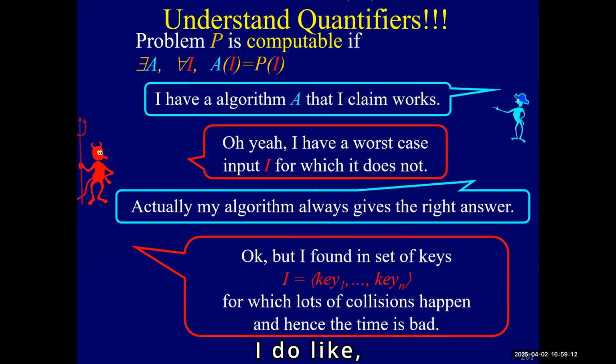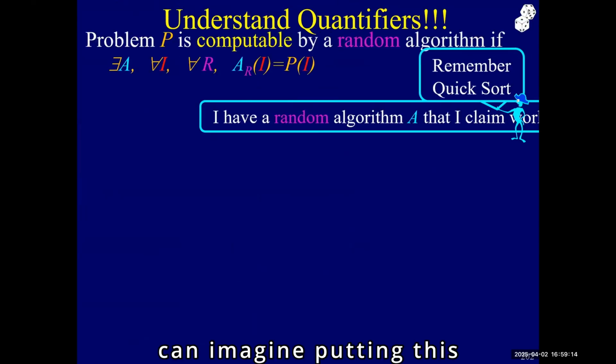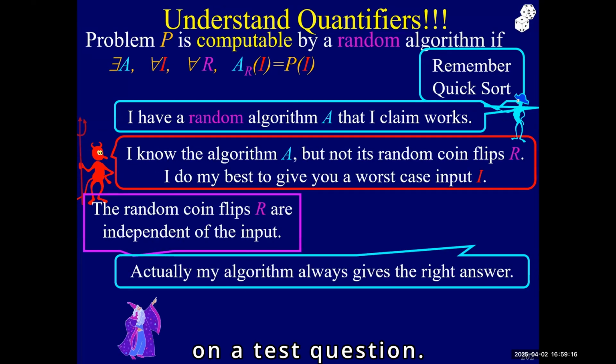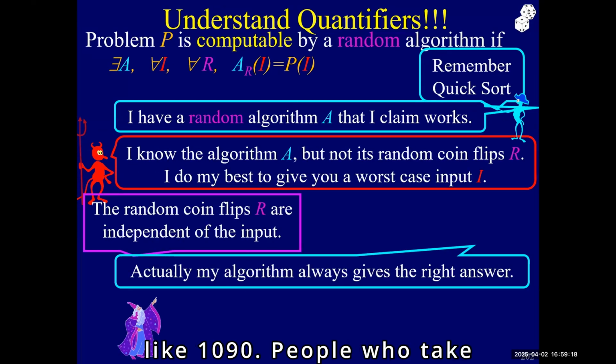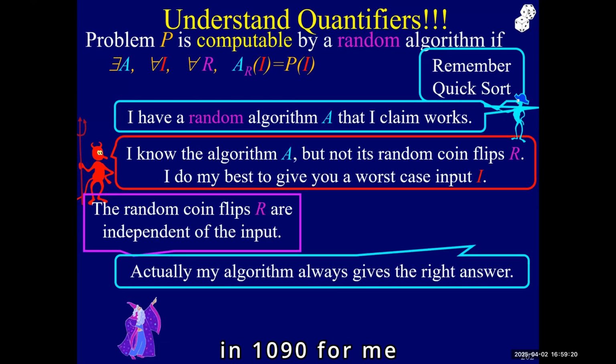right? I can imagine putting this on a test question, because I like 1090. People who are taking 1090 from me will have an advantage. But just so you can see here, what are we saying? We're saying I come up with an algorithm. This is my hashing algorithm, such that no matter what input I'm given,